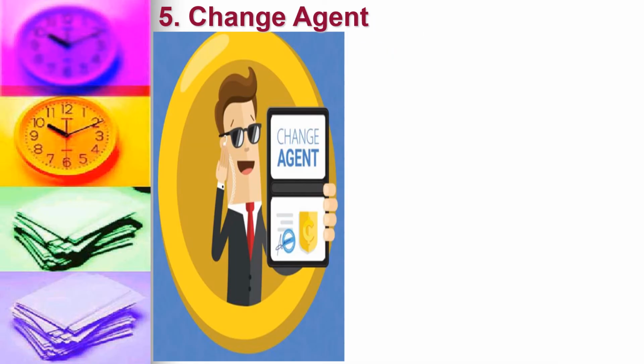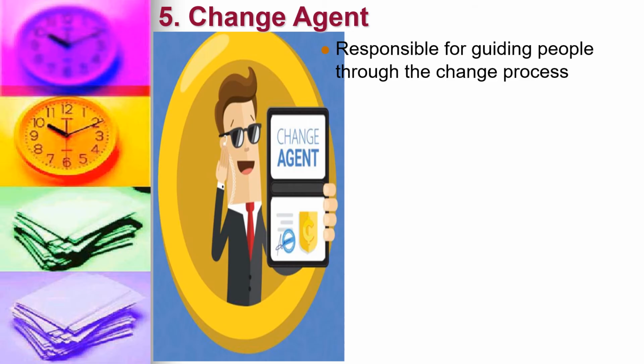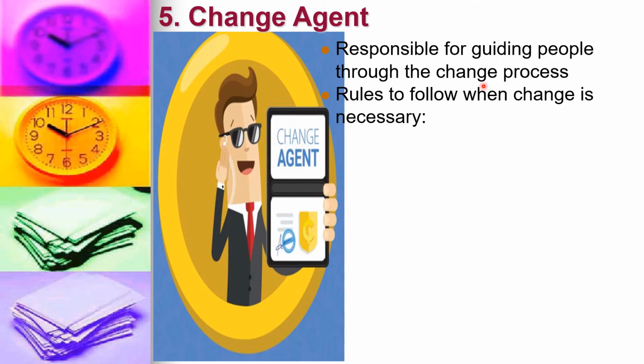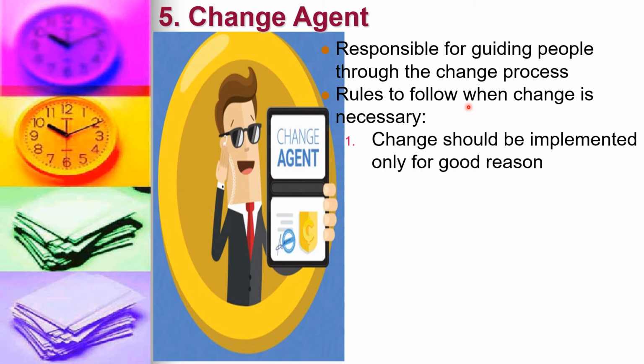The fifth role of a nurse manager is as a change agent. So what does she have to do as a change agent? She is responsible for guiding people through the change process. While guiding people through the change process, or while implementing a change in her unit, a nurse manager has to follow certain rules. These rules are: